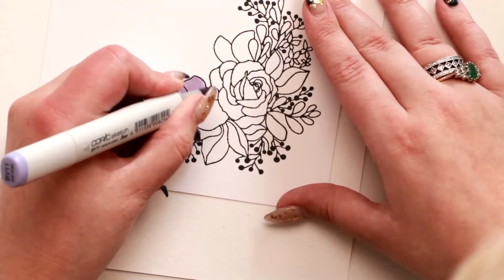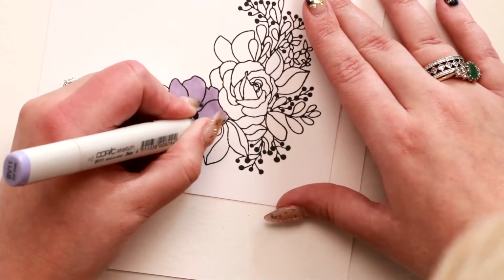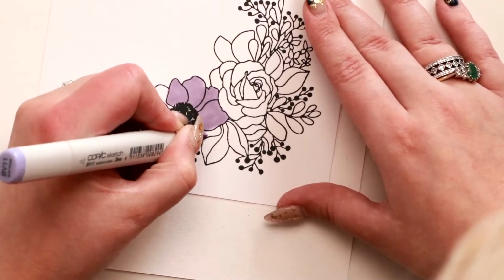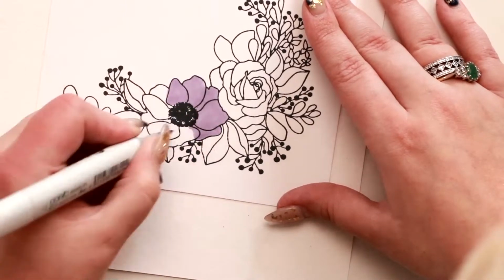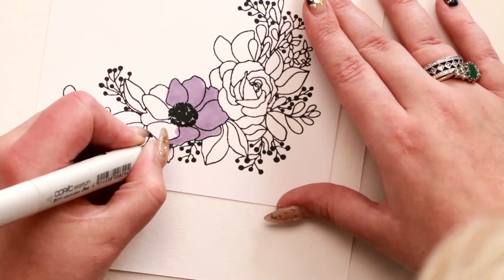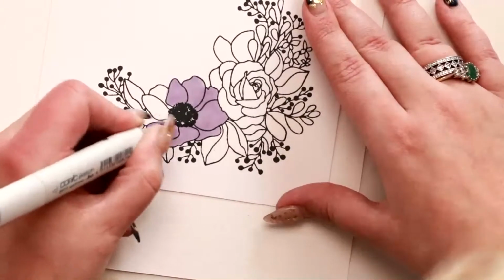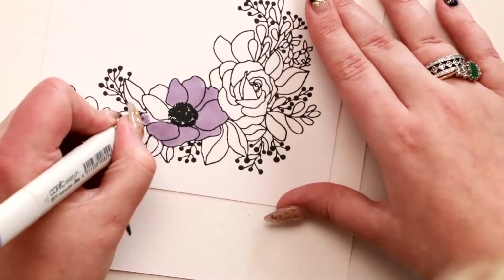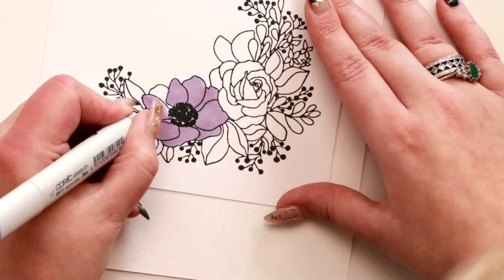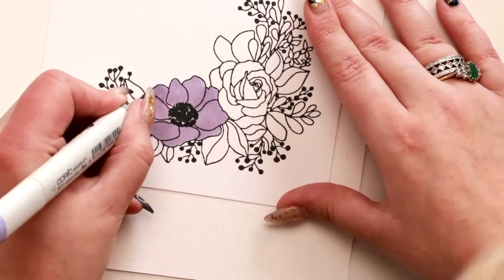And the nice thing about this is you can see I can color over it. It doesn't run at all. It stays really nice and crisp. I can't talk that well and concentrate on coloring, so I might be quiet while I'm actually doing the main bit, the coloring, because I want to stay in the lines. And this is where it's really important to have something underneath so that your ink doesn't saturate your paper and run, because your base color, particularly with this technique, which is really fun to do, you want to make sure that